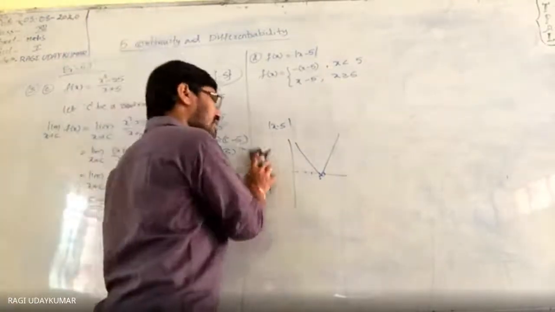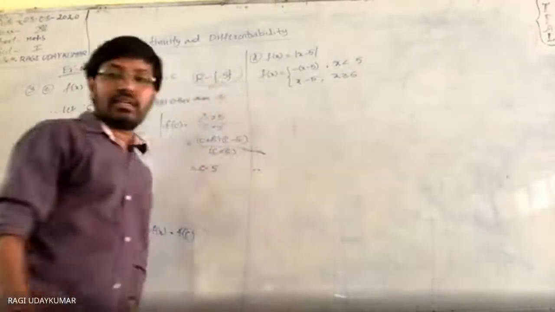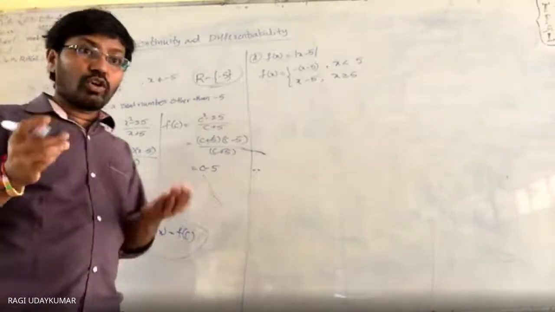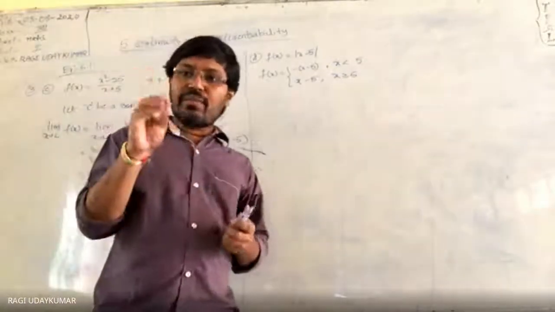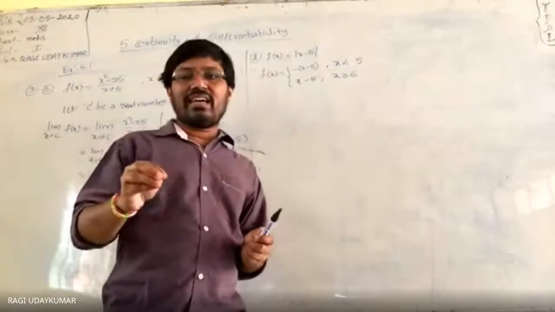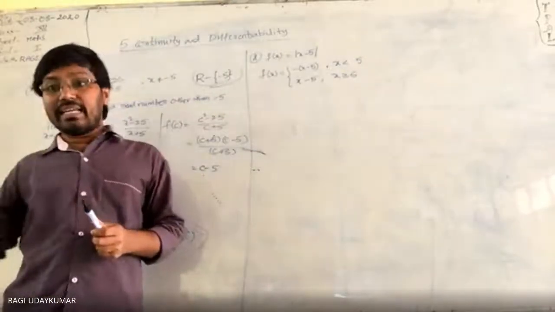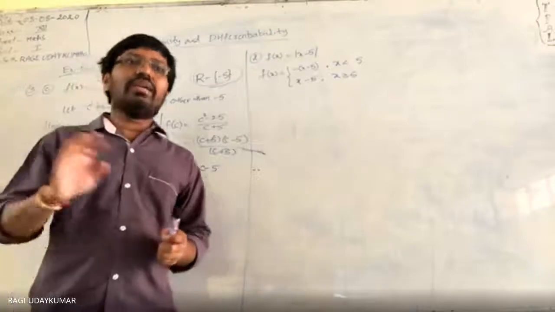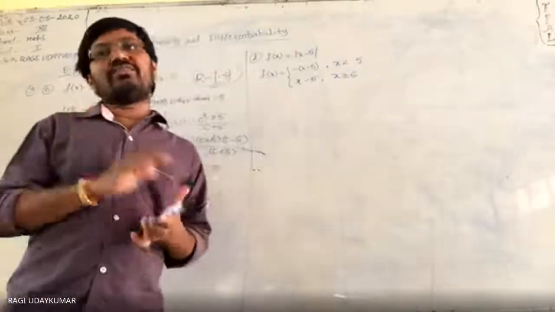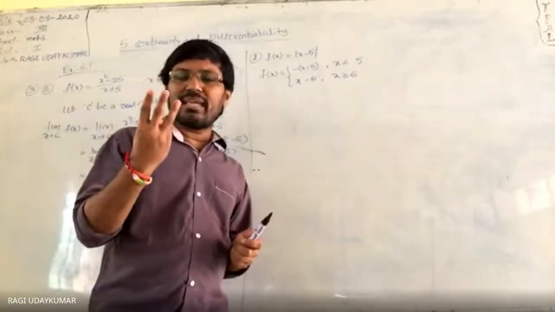So this is a continuous function, but as per the definition mathematically you need to prove it. To prove it, at which point is it splitting? At number 5. So you need to take the left side of 5, exactly at 5, and greater than 5, you need to check. So at every point you need to check the continuity of this function. You need to check in three places.